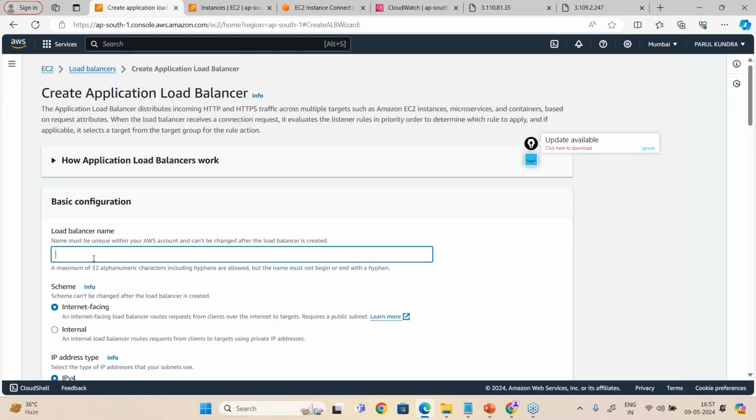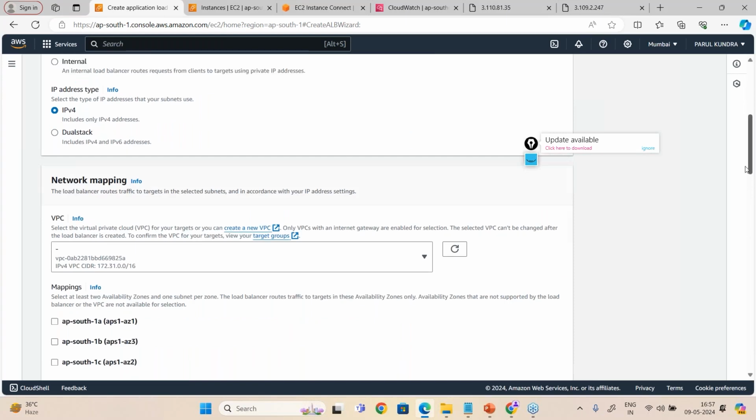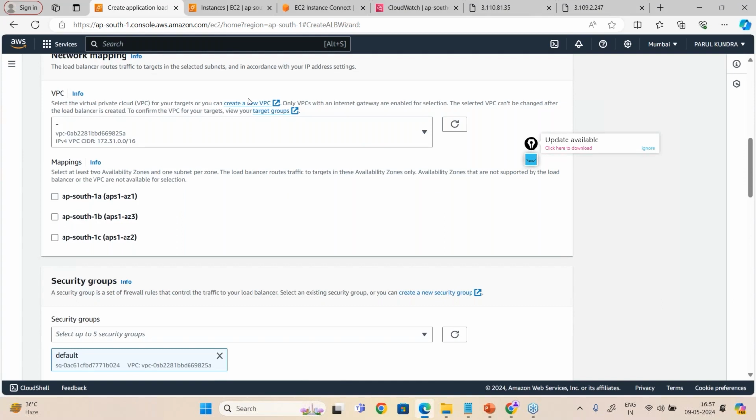I'm going to give the load balancer name as SpringPeople load balancer. Then I choose where I want to keep my load balancers.